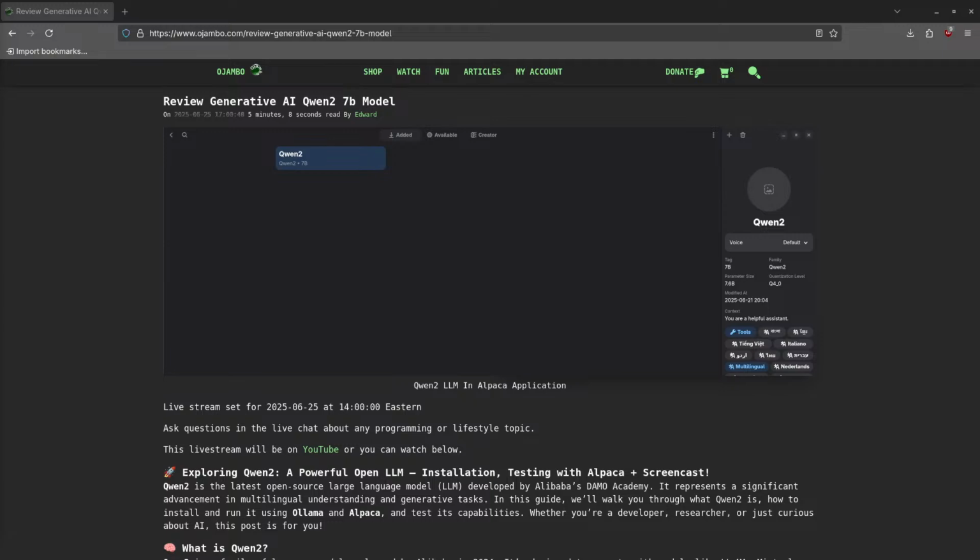Viewers, I'm Eduardo Jambo. In this tutorial, I'm going to show you how to use a generative AI called Qwen2